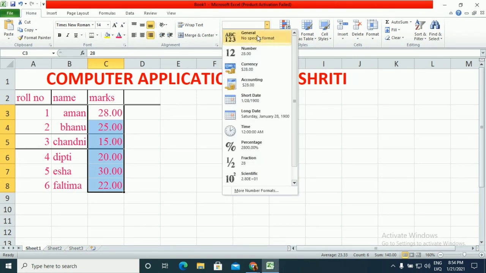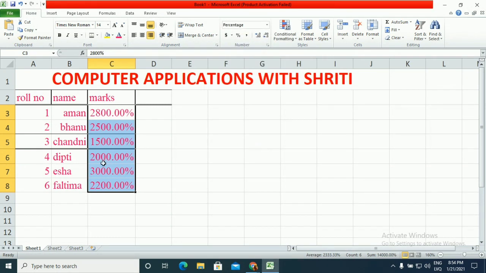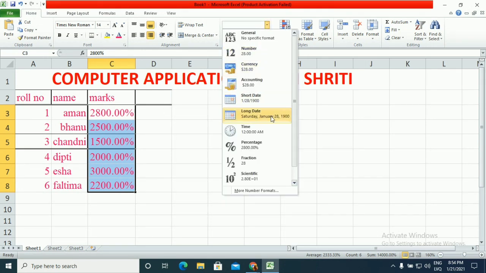From the drop down, you can select any of the formats for your numbers and for your dates. For example, I want percentage here, so it will be converted to percentage. You can select any of the types from here. If you want more number formats, you can click on this button, more number formats, and you will see other formats for the numbers.